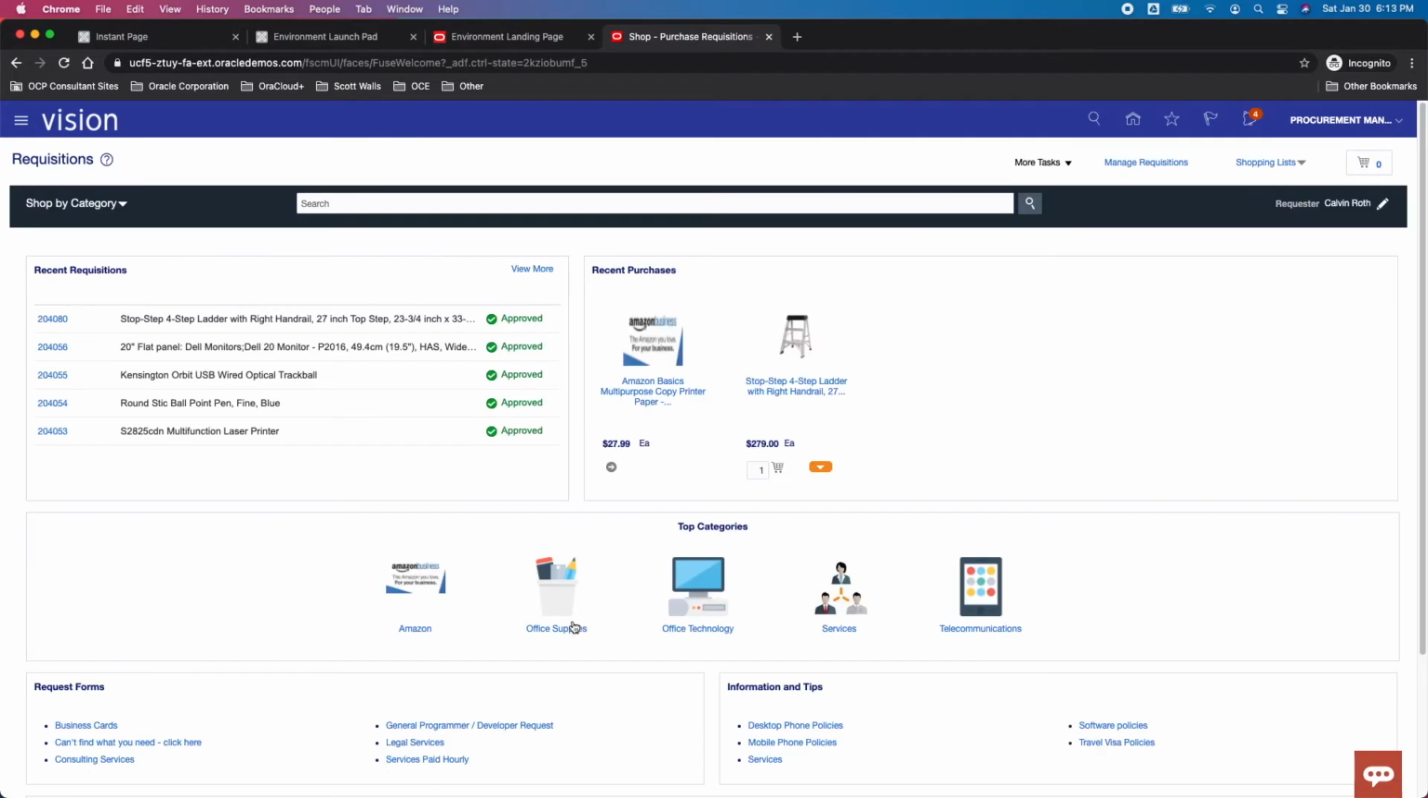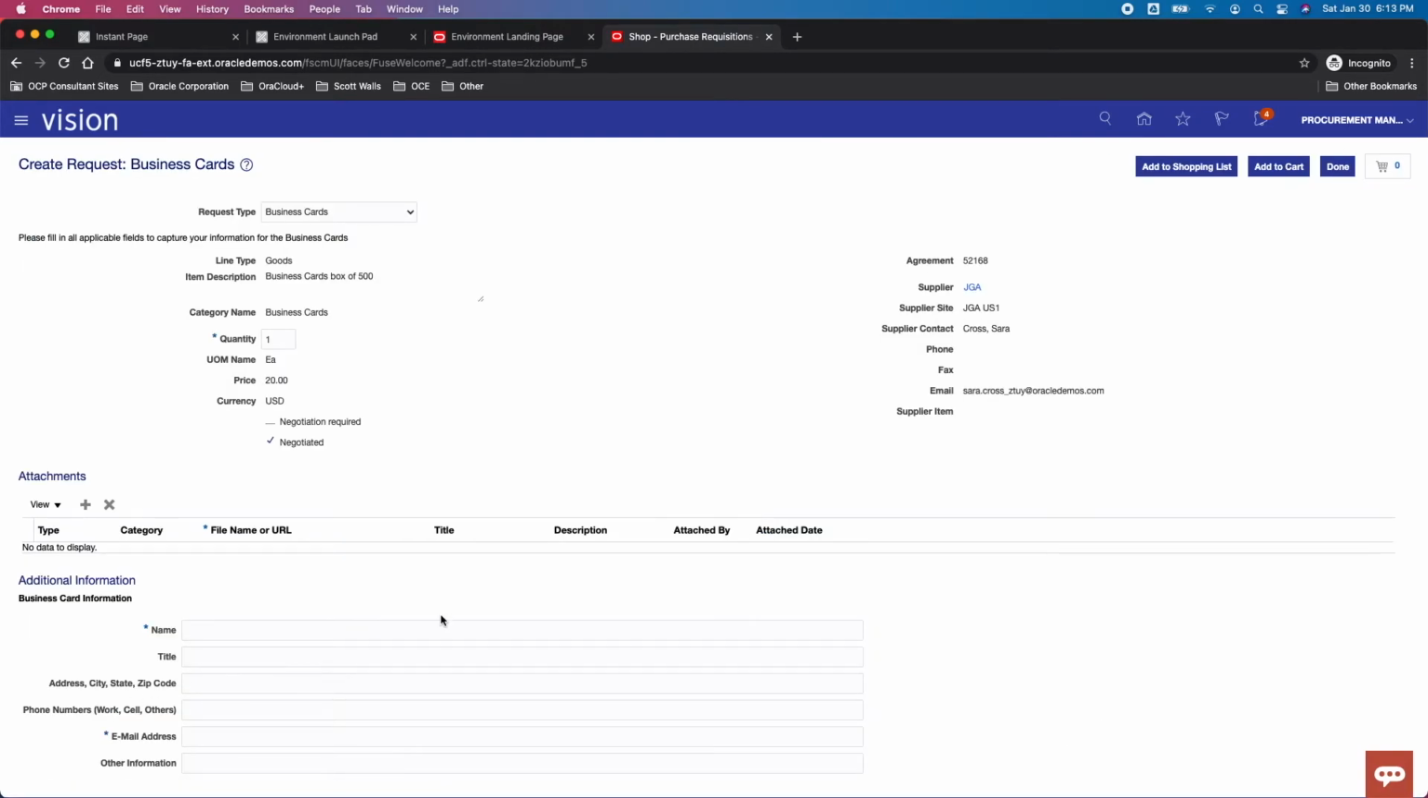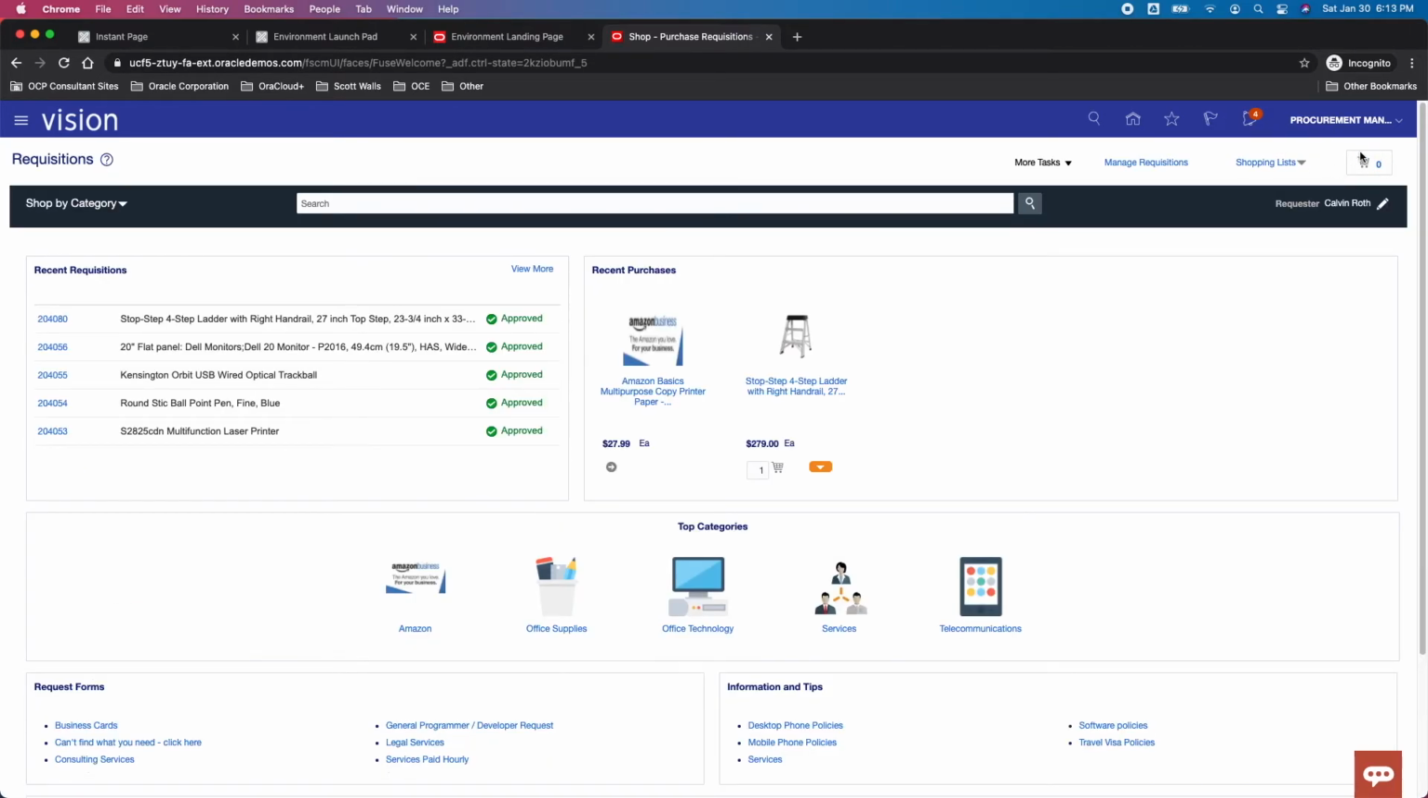I can add some custom fields. So let's take a look at the business card, title or name or number. I can add these custom fields to the generic non-catalog request fields, and that's called a smart form. So that's number 7. And like I said, there's 7 ways that I can add to cart, and 1 that